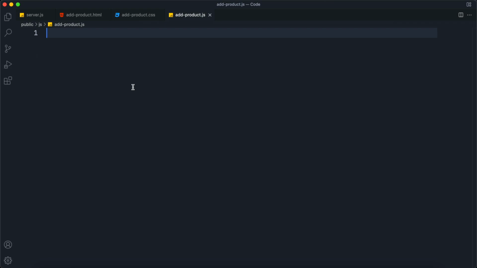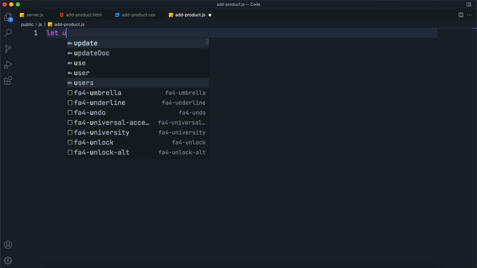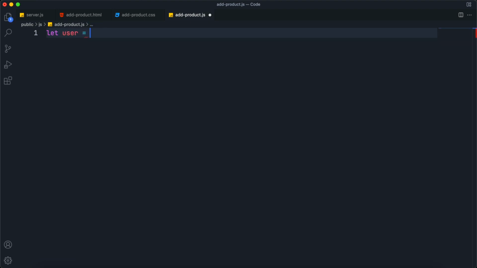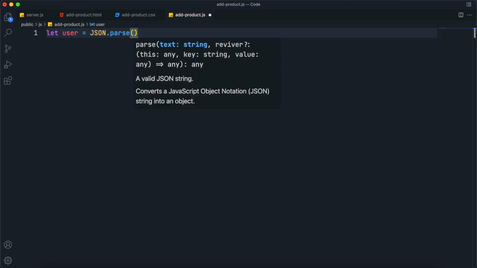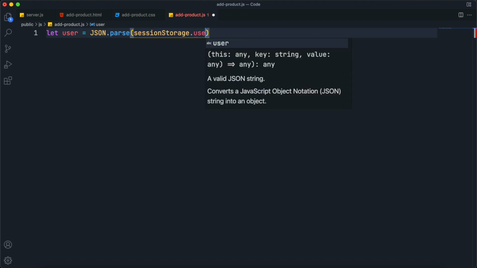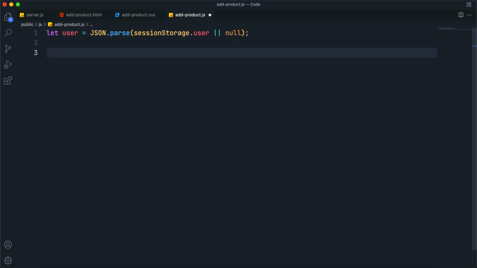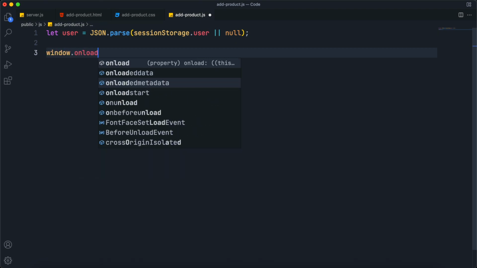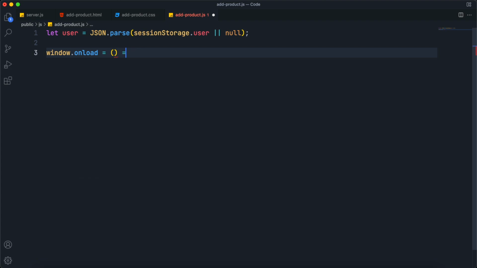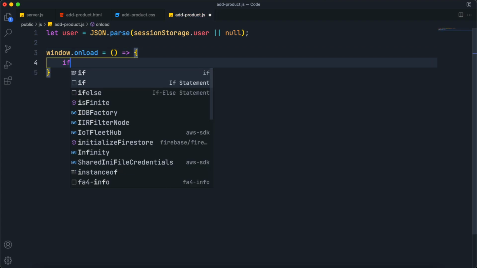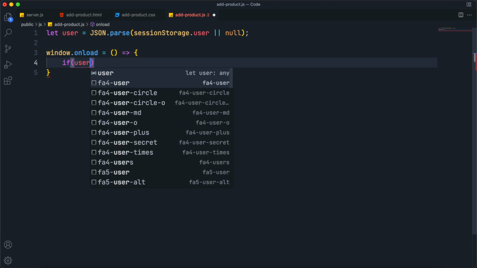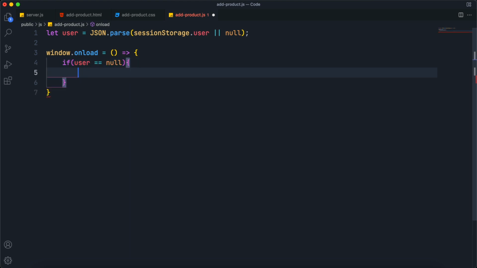So add these two dots before the product.js, because in the nested routes it will work there. And yeah, open the JS file, and at the very top first select the user from session storage using JSON.parse sessionStorage.user or null. Well, we did the same in the previous video, so I hope you know what this actually is. Well, basically we are just retrieving the user from session,